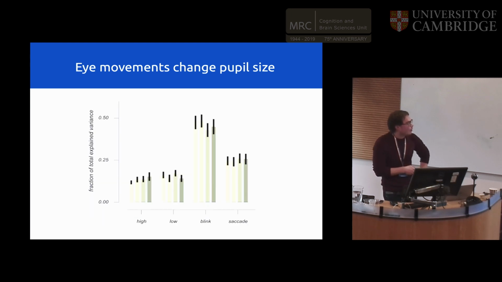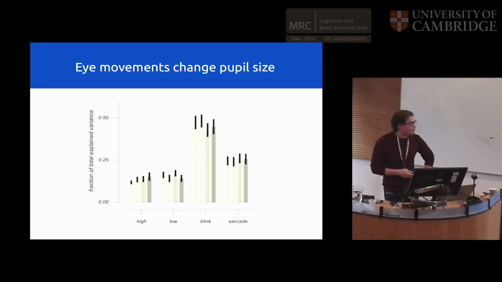To quantify this a bit more, this is the fraction of total explained variance on the actual pupil trace of an experimental condition, high-low, doesn't really matter what those actually mean. The problem is that, or at least the advantage for us, is that blinks and saccades on the right dwarf the effects of this particular condition. So if you imbalance your conditions a wee bit, in terms of the amount of blinking that people do and the amount of saccading that people do, that's great for your future